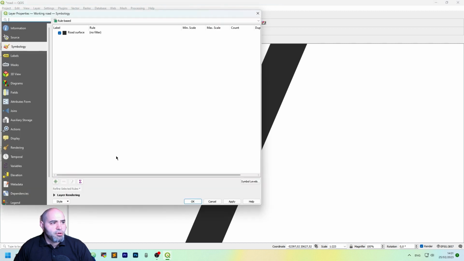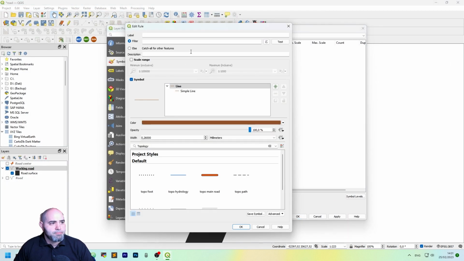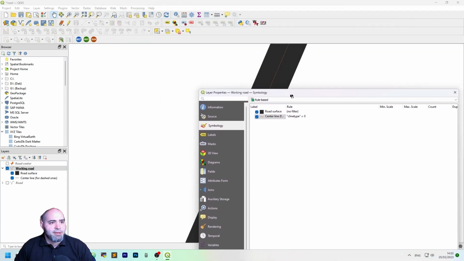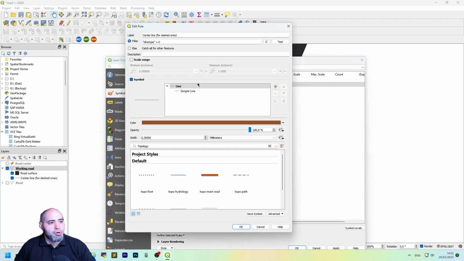So let's move on and add a new rule. We want to generate a center line actually for the dashed ones. So let's add a filter. C line type will be equal to 0. Let's test if okay, we have one feature, so it's perfect. And here we can create the line. As you can see, it now shows the line, but we want it to be white,